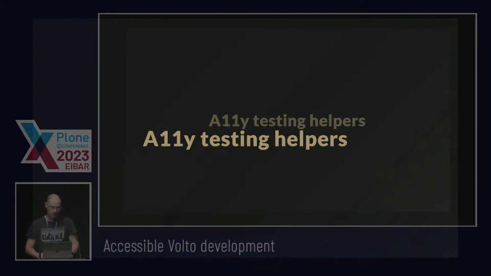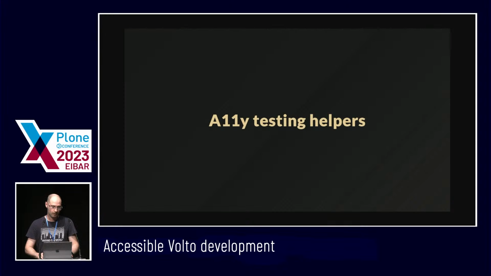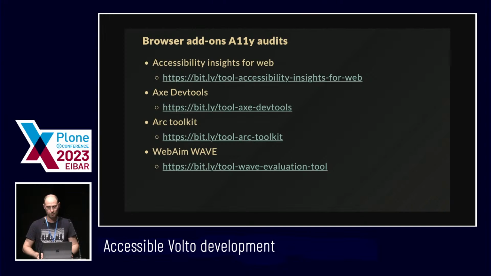Okay, then we have some accessibility testing helpers. If you want to dive more into accessibility testing by automated browser tools, this is a list of plugins that I have tried and I recommend to you. There will be a lot of overlap because most of them are using Axe Core, but each one has one individual thing that is not part of the other, so you'll have to test them yourself and see what works